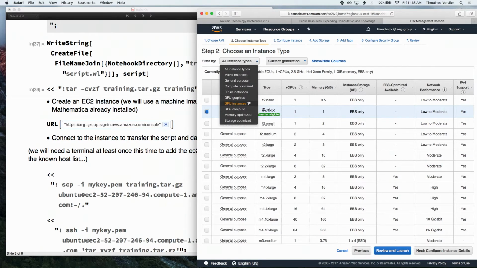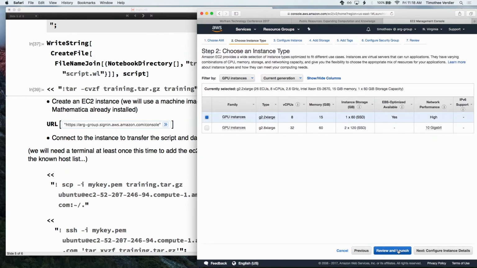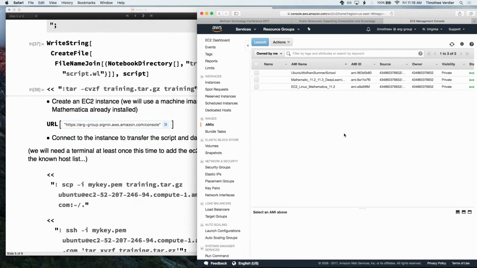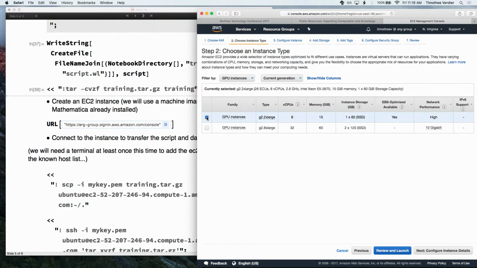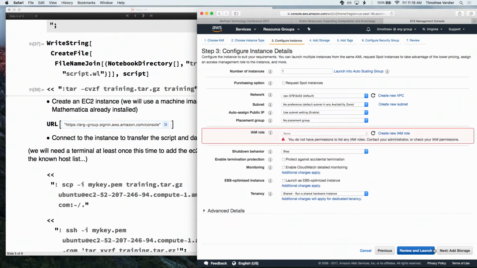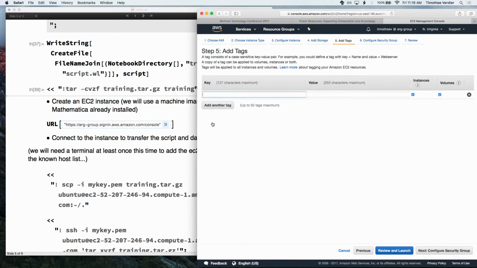We want the GPU. Let's take this one. Sorry. Let's take this GPU and move on. So as you can see, you have plenty of configuration details that we're going to skip. You can tag your machine, saying that, for instance, I'm the owner of the machine,